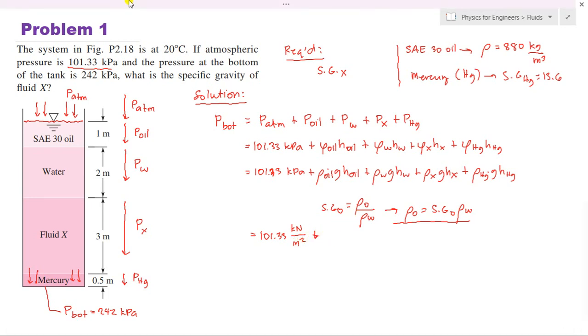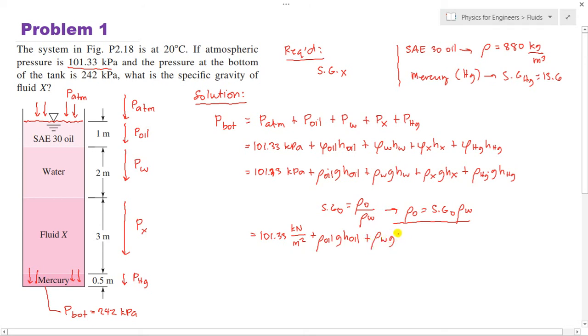Plus, kaning density sa oil class, di na nato siya i-convert into SG tungod kay given naman tawag density sa oil kani 880, so therefore remain na lang siya as it is. That is density sa oil, G H sa oil, plus for water, since kiba naman ta, so ano na ito i-convert into SG. Density sa water, G times HW,